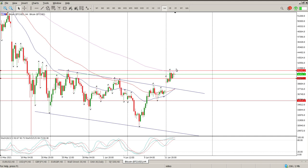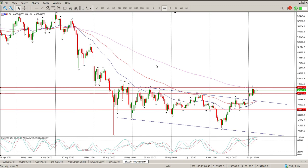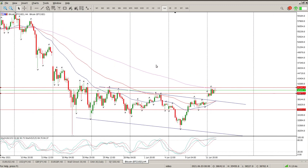I think ultimately we need to get above 41,00. So we need to get above 41,100, get above it, come back, test it. And if we can hold that area, that's more than likely going to be another opportunity to add to my current long position at the moment. Target at the moment, we'll need to clear this area. Once we clear that area, then